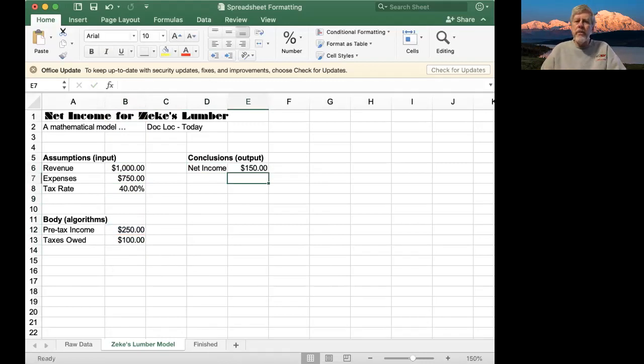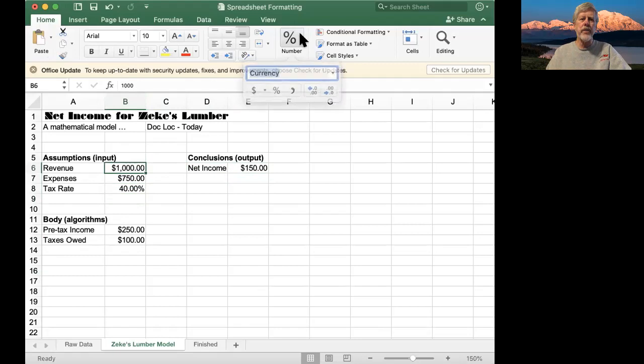And there we go. Now, before we look at the mathematical model a little bit, you're saying, hey, that's pretty nice. It says dollars and cents, and that says a percent sign. Realize that was formatted after the fact. When you're in the Home tab here, you can see that you have some formatting options. Many things like this cell, B6, are formatted as currency. Other cells